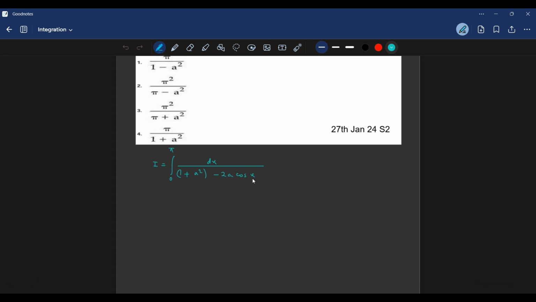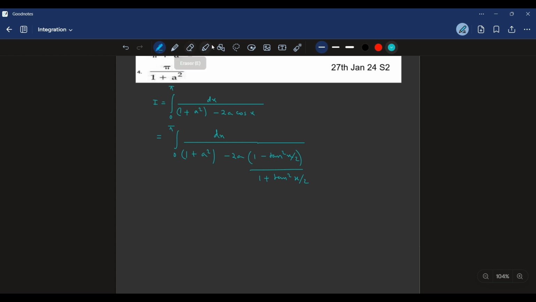and cos of x, we can write this cos x as 1 minus tan square x by 2 by 1 plus tan square x by 2. So in the next step, I am going to just do it: integral 0 to pi dx by 1 plus a square minus 2a times 1 minus tan square x by 2 by 1 plus tan square x by 2. Now, in the same step, what I can do over here